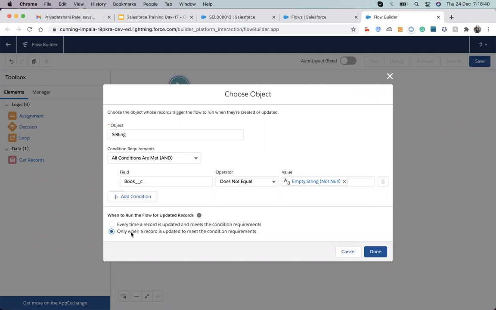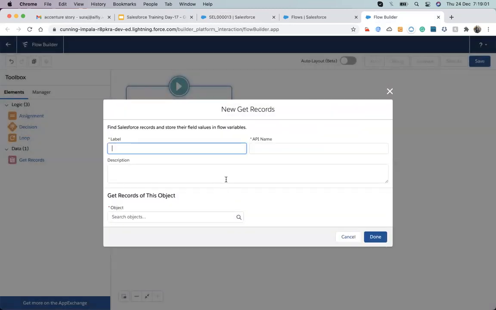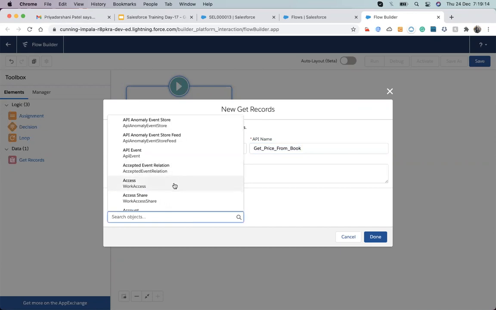So I think we have the same thing, whenever the book is changing or quantity is changing, we will do the calculation. So let's do it in the same way. Okay, then we have a get records, because we need to get the price from the book. Object is book,